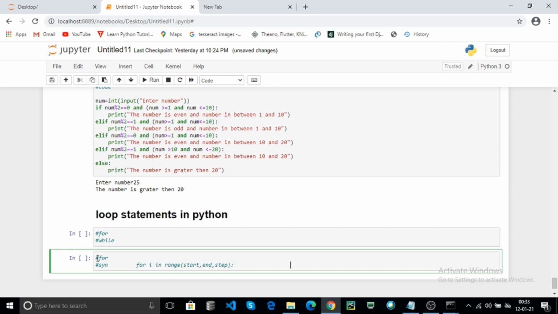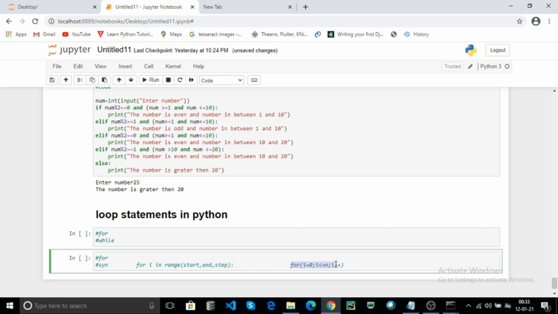In other programming languages the for syntax is different. In Python, i is used for iterating over the range data. You can use any alphabetical variable.